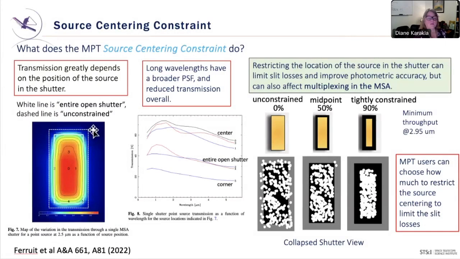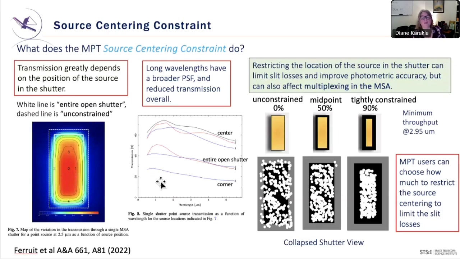So normally you would not want to observe sources behind the bar. You can still get some light into the shutter from sources behind the bar, though. I will mention that. So we have the option in the MSA planning tool to allow sources to be selected up to that outer rectangle that you see, within that region. So he's labeled positions 0 through 5 here with where the source might be located within the shutter, and comparing